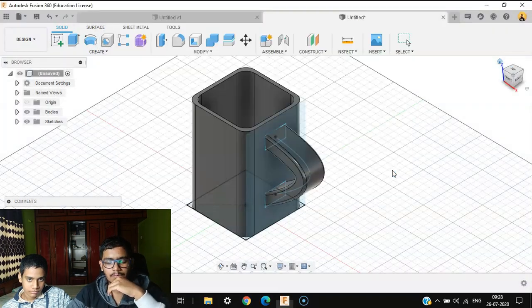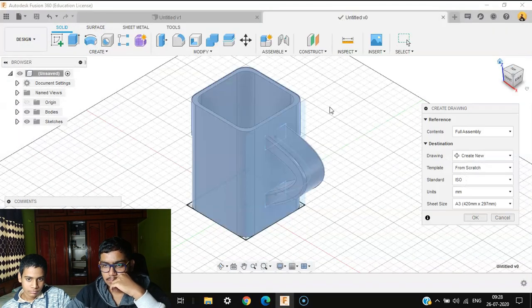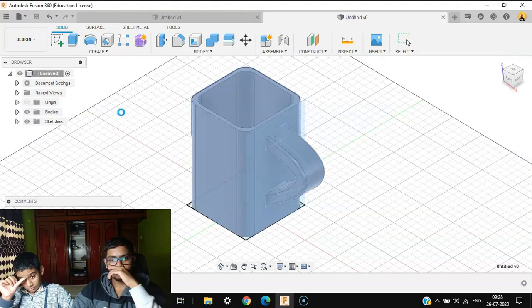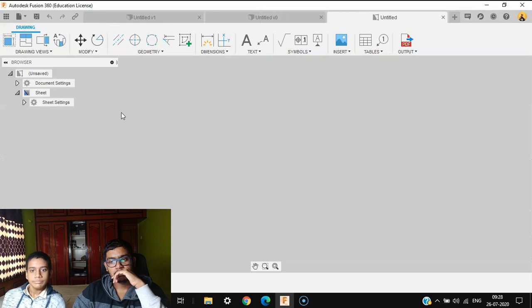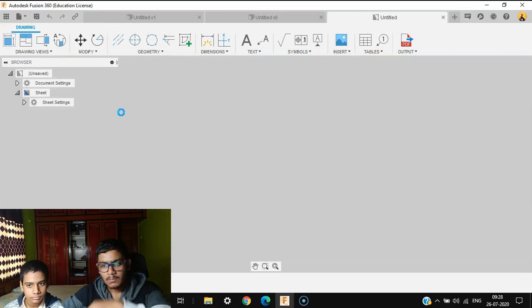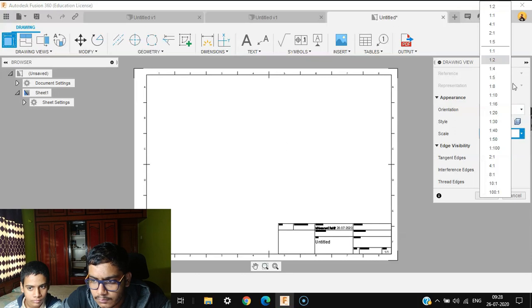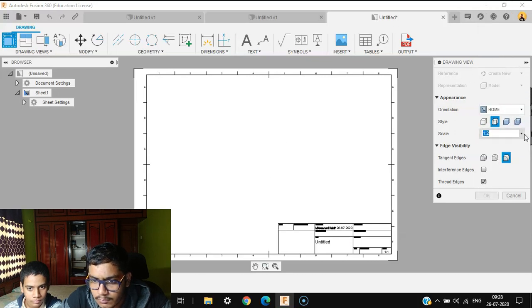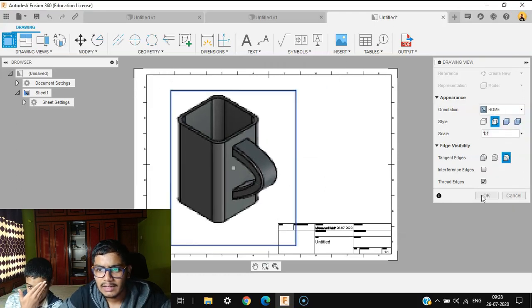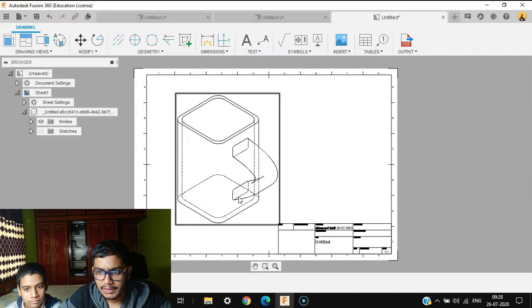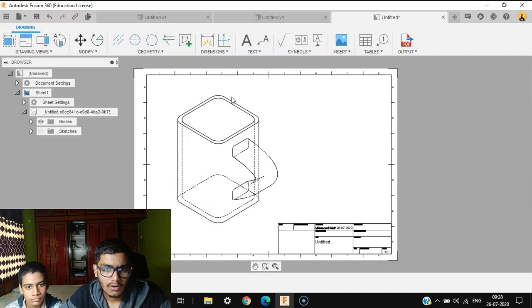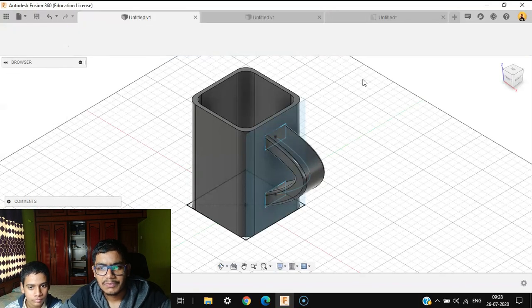Save it first. Take the home view. 1:2, or 1:1. We didn't mention any parts in the parts table. You could have put ceramic. It's fine. So parts table. So we can get a drawing with the help of sketches and solids, but forms we can't get it. That's the difference between both of them.